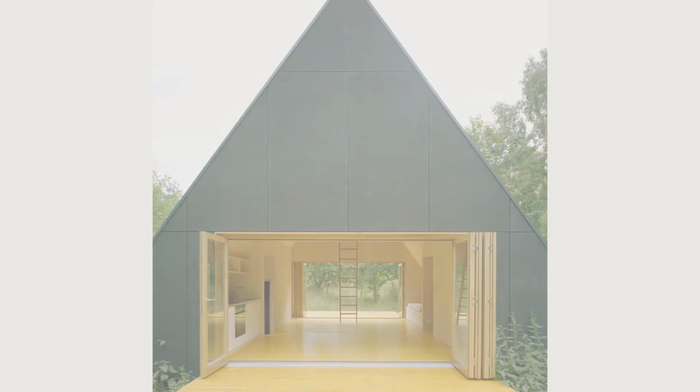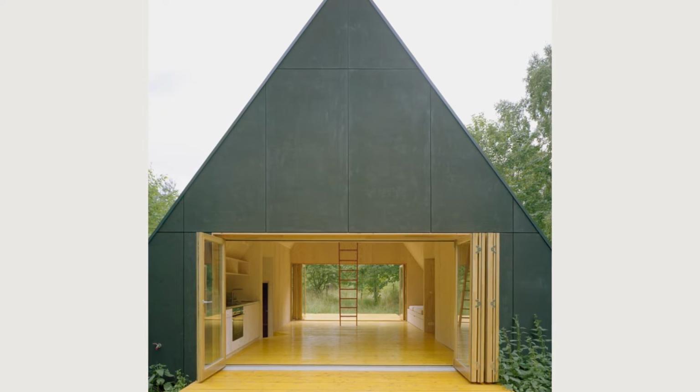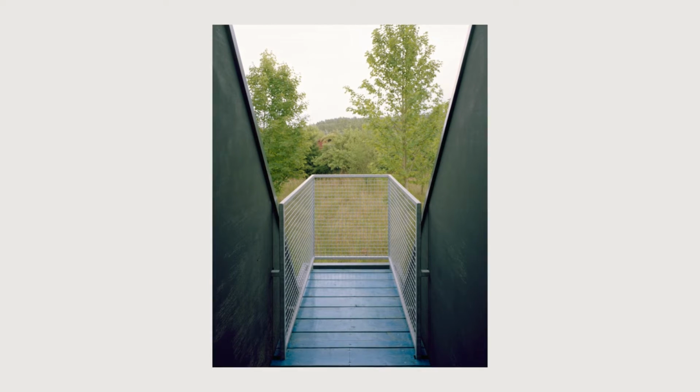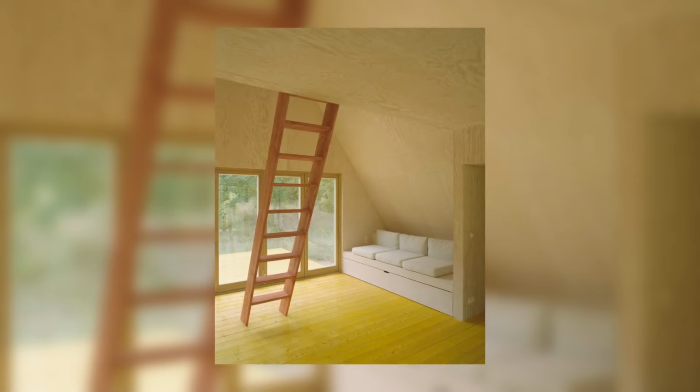House Wolin by Pankowska and Rohrhofer in Wolin, Poland. House Wolin was built as a holiday retreat for a private client embedded in the pastoral landscape of Poland's Baltic Sea coast. Its A-frame wooden structure is reminiscent of the so-called ubroda houses, prefabricated wooden houses that became a common